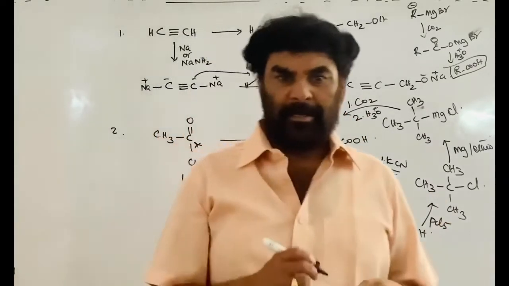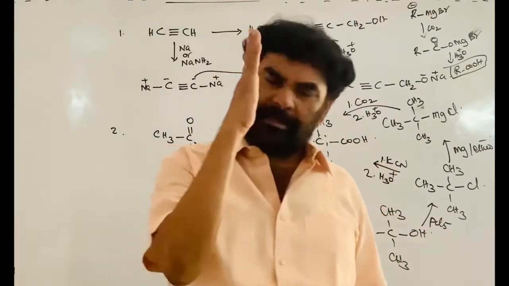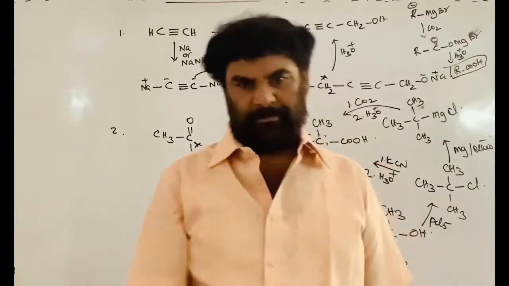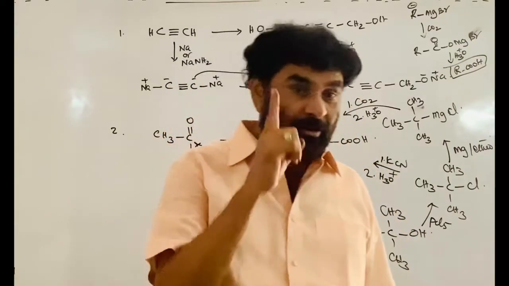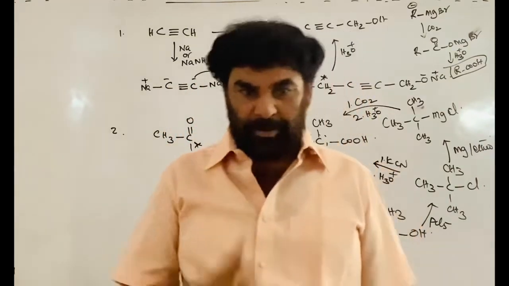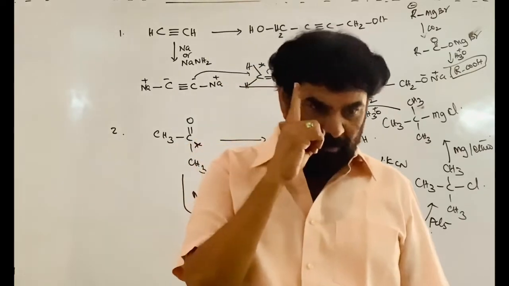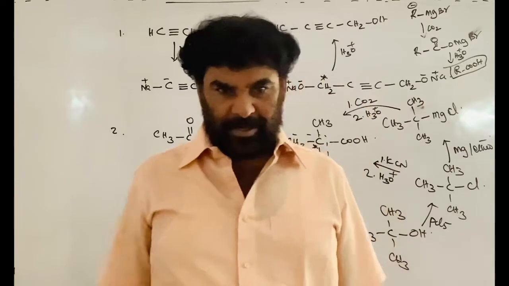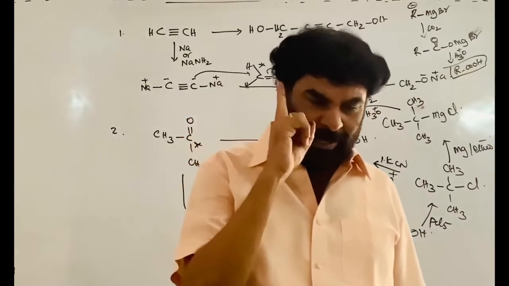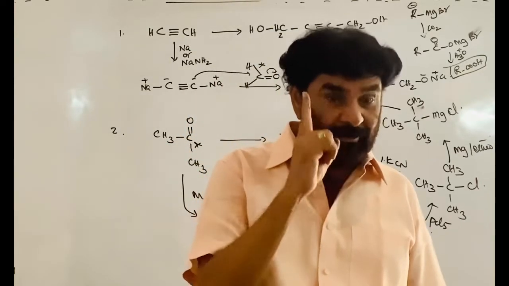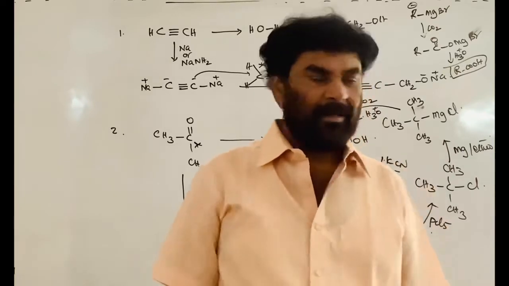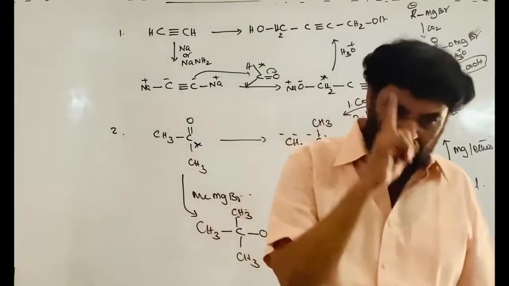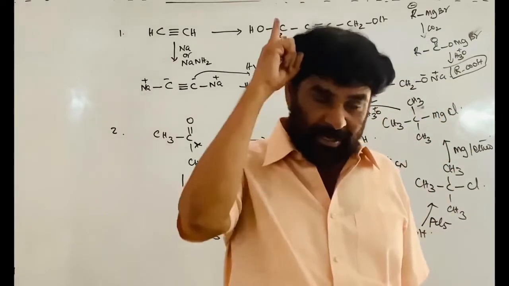You know that tertiary alkyl halides take part in the SN reaction. But when you come to the tertiary halides, be careful. They are promoted for elimination reaction if the nucleophilic reagent that is taken is a strong base. So here CN minus is a strong nucleophile as well as a strong base.